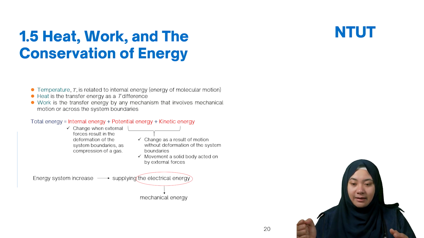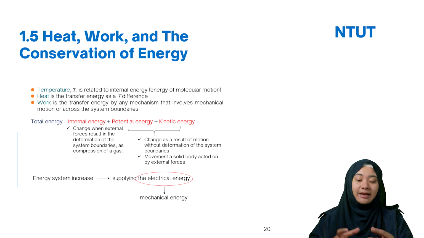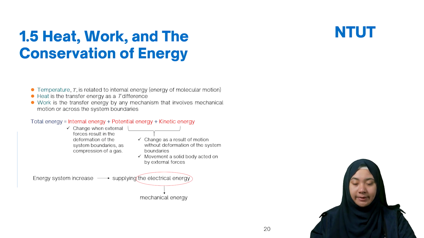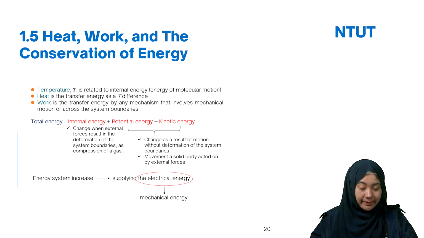For example, I want to transfer heat. Heat naturally flows from the high temperature to the low temperature. Like we just discussed about the coin: you take it out of the oven, and it transfers energy from the hot coin into the surroundings. The surroundings, of course, are lower in temperature.